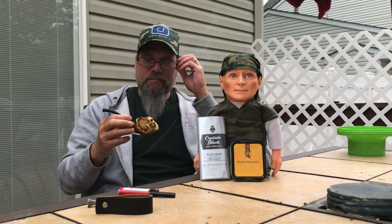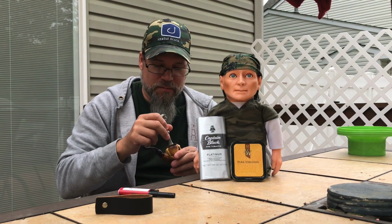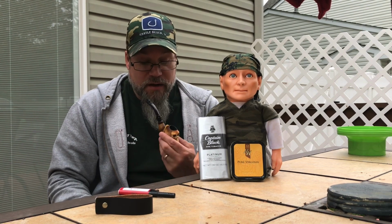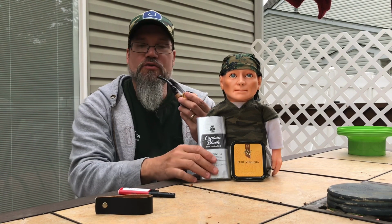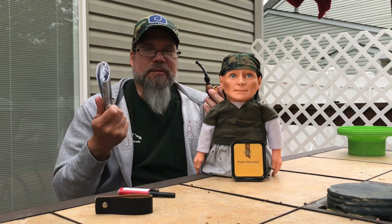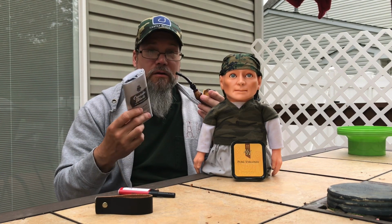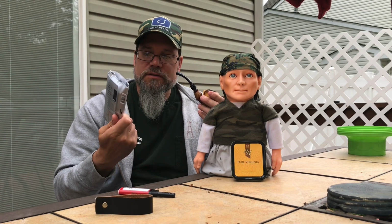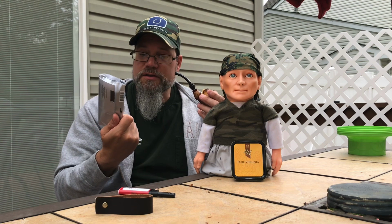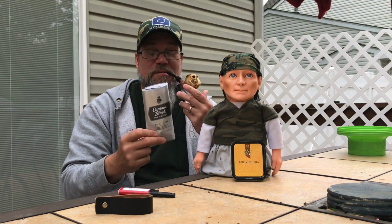Smoking my meerschaum, and in it, some Captain Black Original, which brings us to my Yabo. I saw this, and I had to pick it up. Obviously this is new on the market, and I don't think Captain Black brought out anything new in I don't know how long. So this was new, and you can see it's silver, Captain Black Platinum,